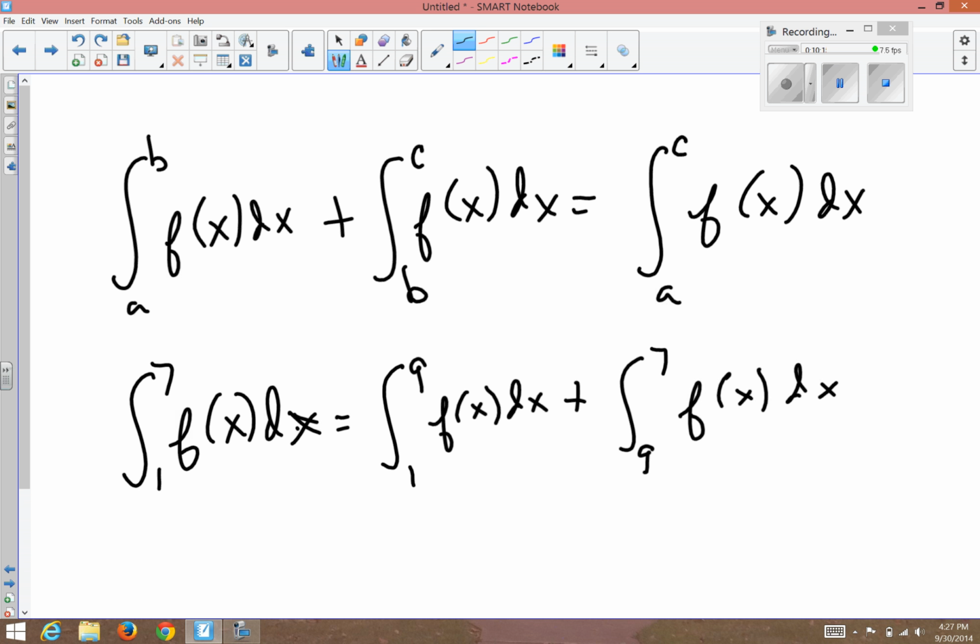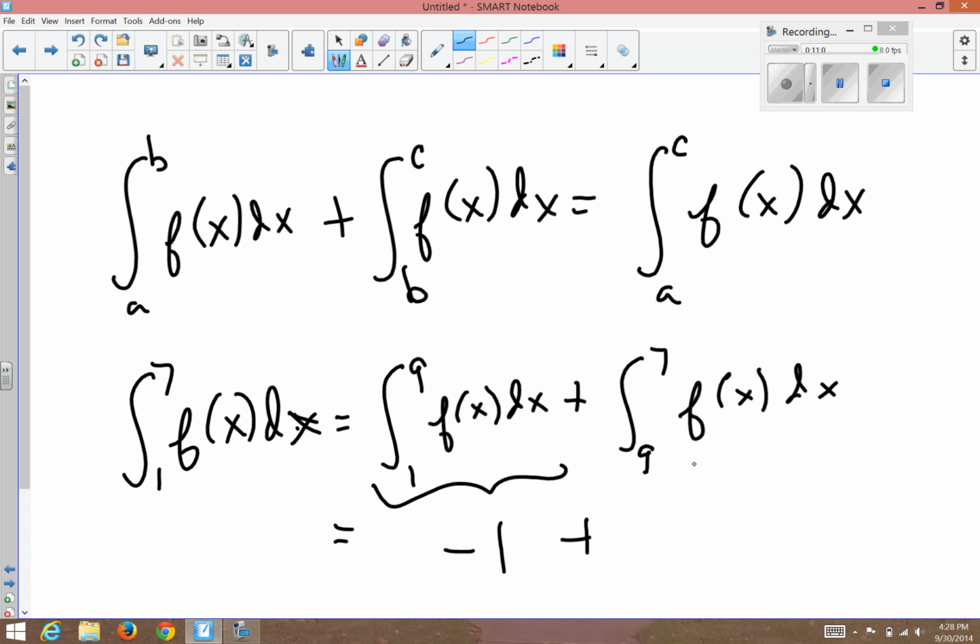We say the integral from 1 to 7 can be split up by going from 1 to 9 and then picking it up from 9 and ending up at 7, as long as these match. This 9 up here matches this 9 down here. B up here matches the B down there. And the A and the C are in the result over here. In this one, the 1 and the 7 are in the result. I meant to say the 1 and the 7. Sorry. So the integral from 1 to 7 is whatever that integral is, which is in the directions,